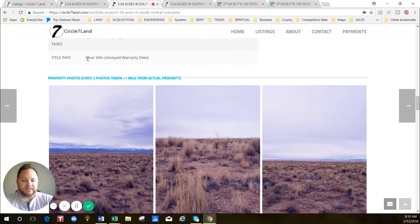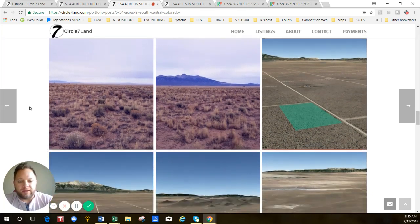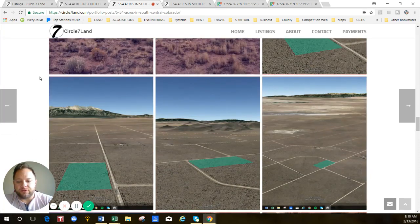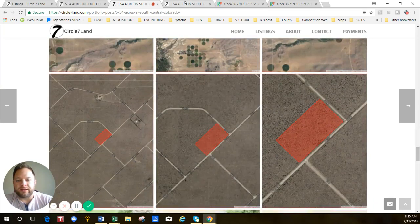And then most of our listings have the actual photos of the property. If it does not, it will be marked right here. And this is a property we just got in, and I have a property that's 9/10 of a mile away from this. And so we use these first 5 photos because they're so similar. And then when you get to the Google Earth images here, it's of the actual property. So you can get still a good feel. And you can come in here and click on any of these,